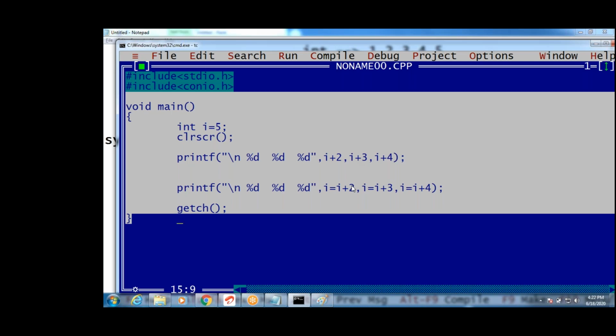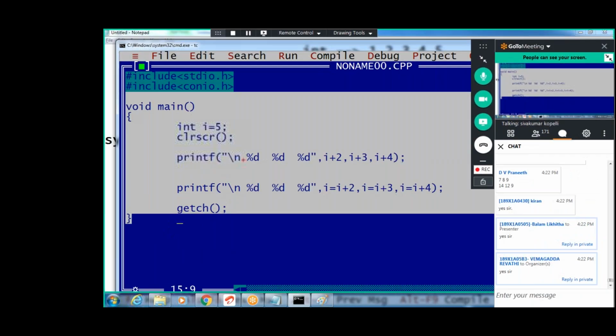Sir, why should we take it from right to left? Because in this compiler they implemented it that way. We have different types of conventions: one is C declaration, another is Pascal, and we have other notations like K&R. Different notations are there, depending upon the compiler. In this compiler they implemented right to left; in other compilers they implemented left to right. That depends upon the developers. However they implemented it, that is how it will work.